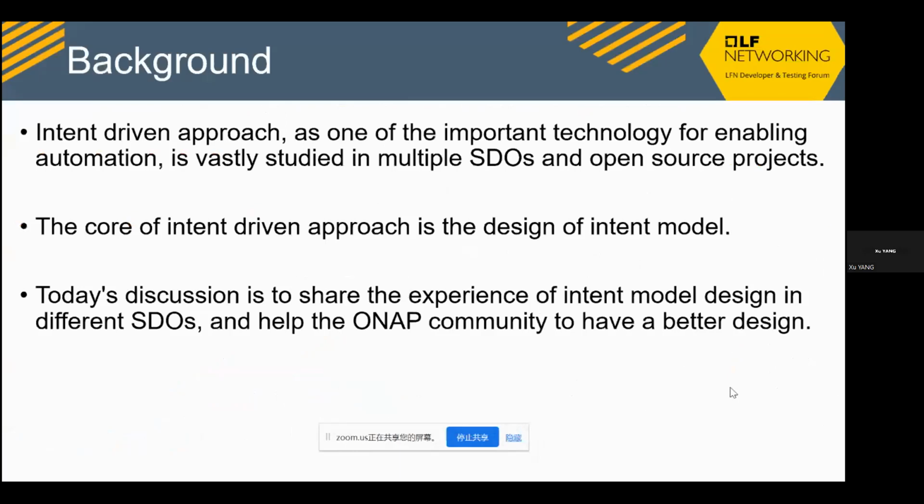So let me first give some background information and a brief introduction of the agenda. Then we will invite our colleagues, and also